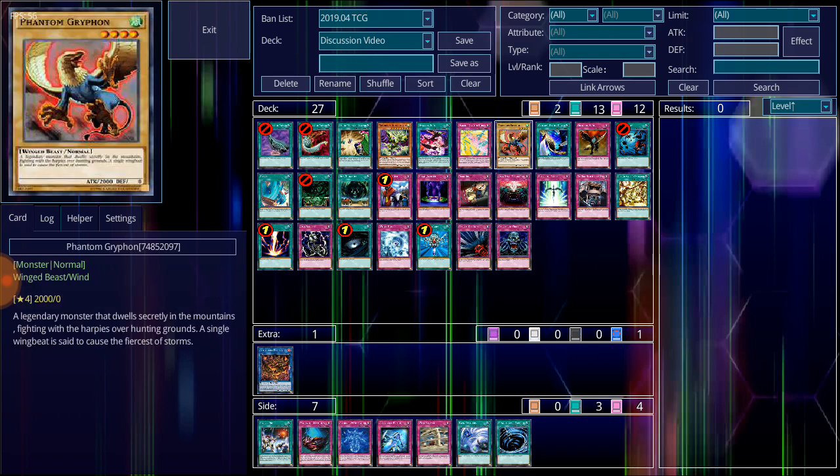As told in the flavor text for Phantom Griffin, this monster text reads: a legendary monster that dwells secretly in the mountains, fighting with the Harpies over hunting grounds. A single wing beat is said to cause the fiercest of storms. So, in this depiction of this monster, of course, it talks about its rivalry with the Harpies, fighting with them